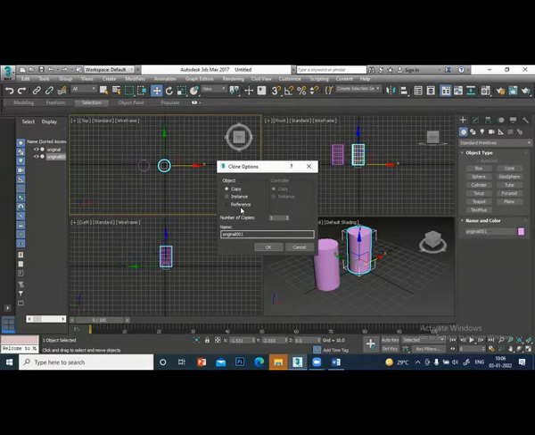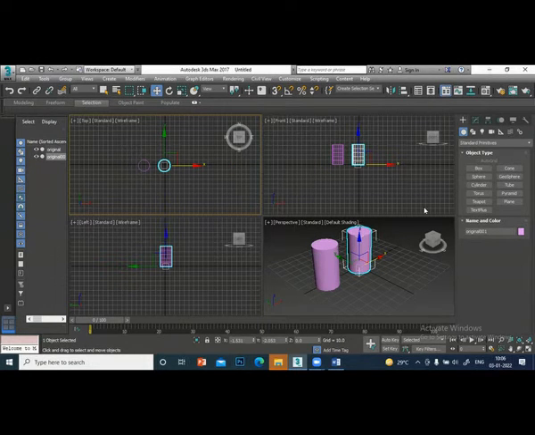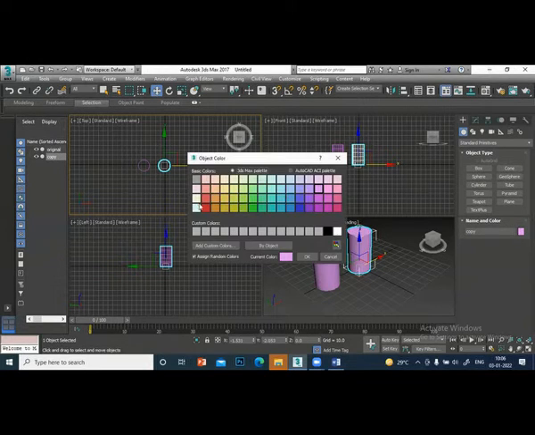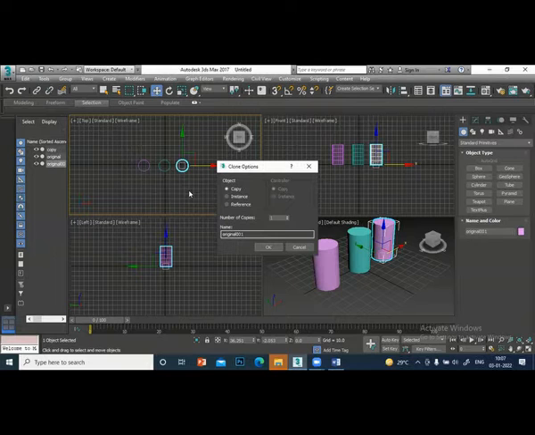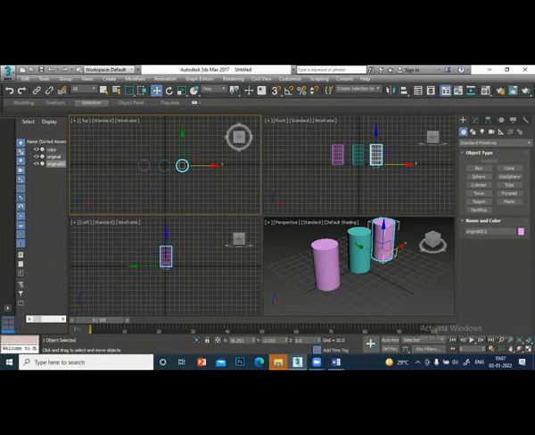Okay, to demonstrate, the first one I will take a copy. So this is my copy. I will change the color. I will write the name as copy and give a color. This is my color. Now we'll go to the original again. Press shift, drag. I will select the instance now. I will change the color.